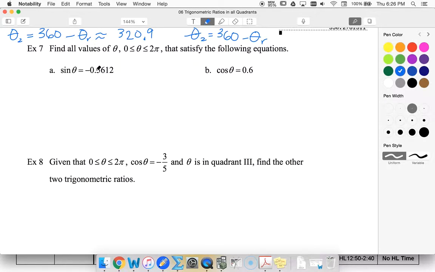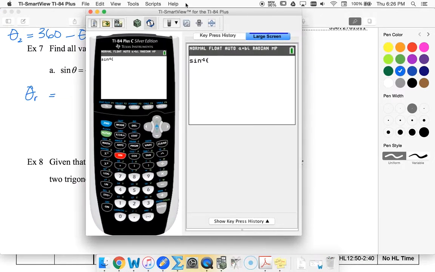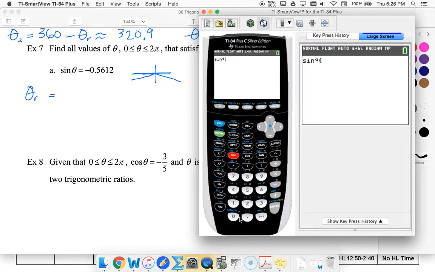The sine ratio is negative. I know that happens in quadrants 3 and 4 because that's where my y values are negative. And this is about a half, so it's going to be similar to pi over 6 as my reference angle, but that's the first thing I'm going to want to find, what this acute angle, the reference angle, is. So the first thing I'm going to do is find a reference angle, and I'm going to do that using my calculator. So I'm going to say sine inverse, and I'm going to use the positive value to get the reference angle, so